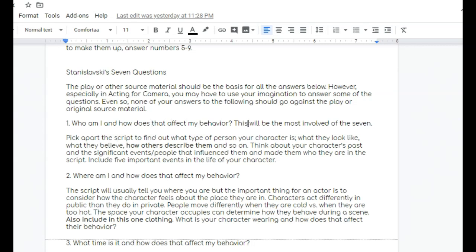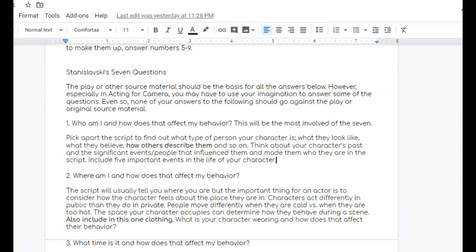This first one, you could write a book about, so feel free to wax philosophical about it and go in depth. Really look at all of the script, think about what your character says, and really importantly, what other people say about them. Think about the character's past, things that have happened to them in the past,